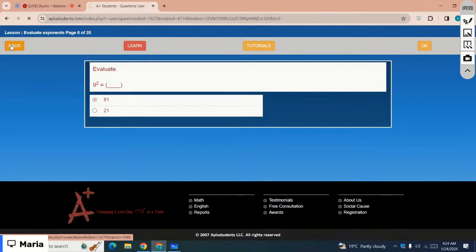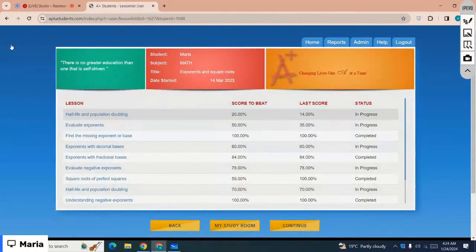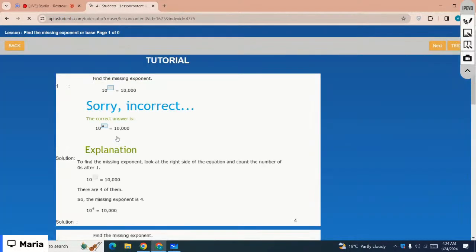The next one is find the missing exponent or base. Okay, now what we have to do if the exponent is missing or the base is missing? How do we find the missing values, right? Just look at the first example. Find the missing exponent. Here you have 10, the exponent is missing. Here you have